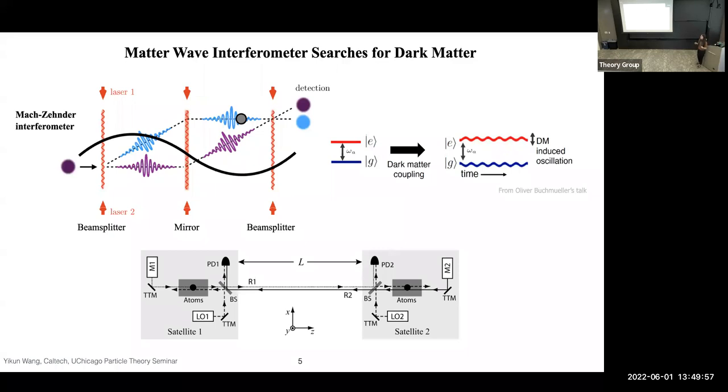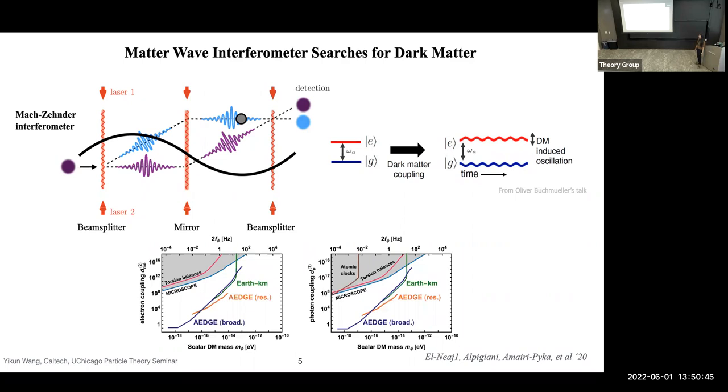The phase change from an atom interferometer can only be observed with a differential measurement. That means you need to compare two measurements to see the change of the phase. That is why the community has been proposing long baseline atom interferometers, meaning you have two atom interferometers sitting on each side of a very long baseline L. By comparing the fringes of these two atom interferometers, where one has the dark matter induction and the other doesn't, you can identify the change of the phase induced by a dark matter event. The sensitivity largely relies on the baseline length, and that is why most of our experiments are pushing to reach longer and longer baselines for better sensitivity. As an example, I want to show you this plot I got from the MAGIS experiment